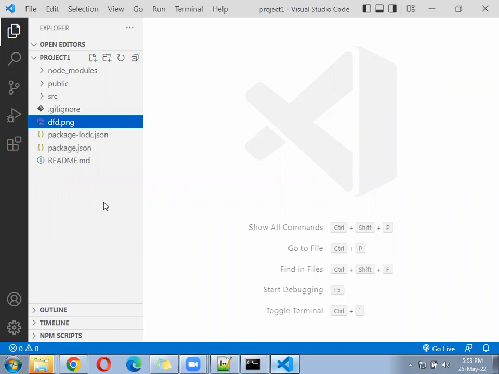Now you will say under the node modules there are a lot of libraries. Is all of that required? No, all is not required. But they are the core modules. To develop a project in React, there are core modules, contributed modules, and custom modules. The core modules are downloaded under the node modules. In that, some modules may be useful for your project and some may not be useful for your project.